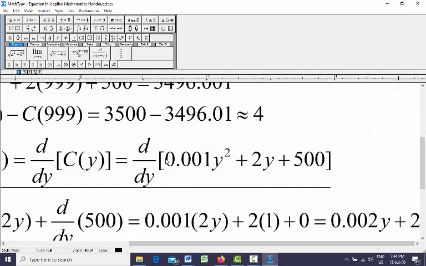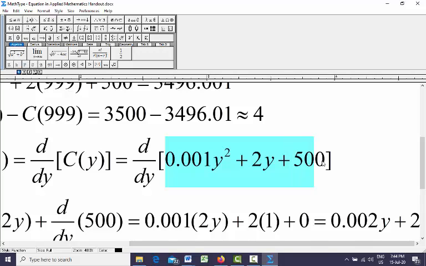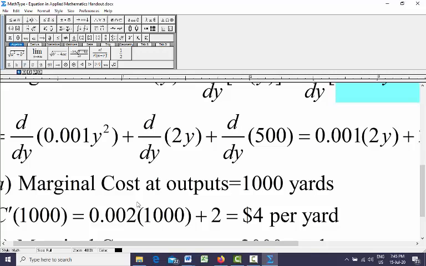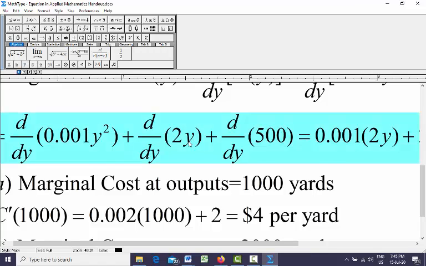So this is the cost function, and if you do differentiation you already know how to. So you have a plus there, so you need to separate each part. And if you do differentiation, what will we get? Here 0.001 is the coefficient. You have to move it out, and then you need to do differentiation of y square. If you do differentiation of y square, you get 2y, and